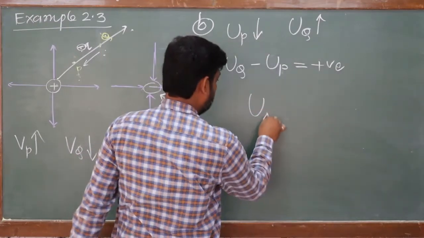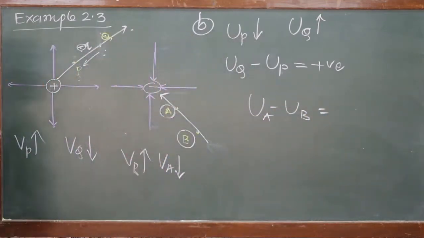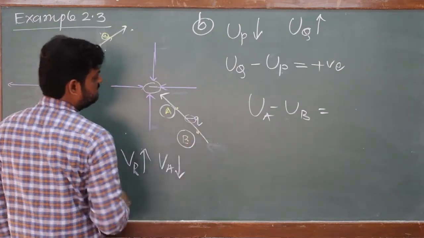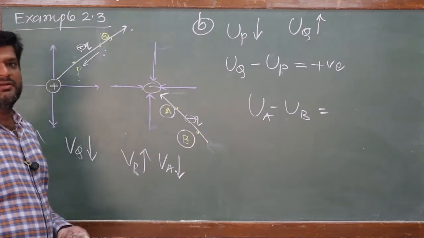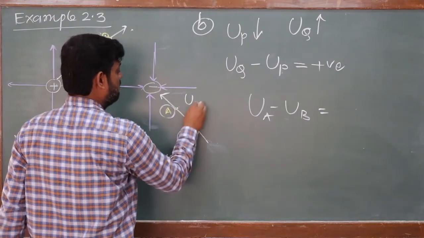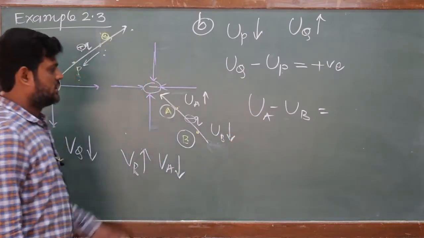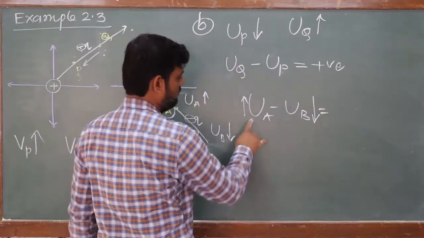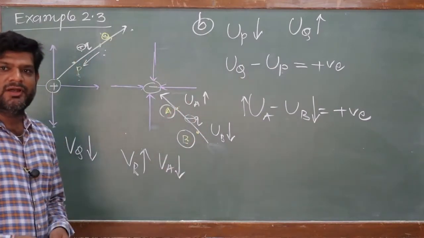The next question is the difference UA minus UB. Use the trick over here. Negative charge we want to carry from B to A. It is a negative charge particle. We are moving towards the negative. So due to the repulsion, potential energy will be greater. So point A has more potential energy as compared to point B, which has less. So more minus less, again positive, right? So this is your question number 2.